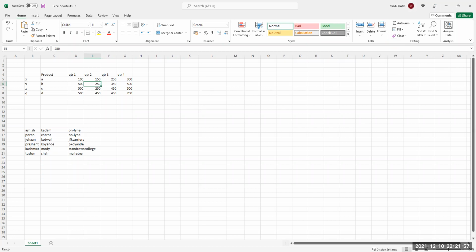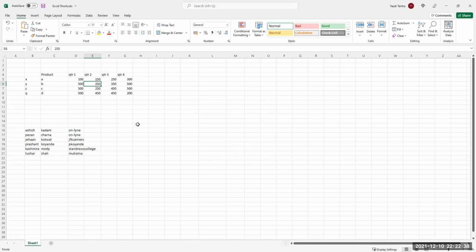So insert is plus now. So I just say Control plus. Then it gives me all the options. Insert entire row, entire column. Control plus. Very simple. Column, row, everything is there. You just say Control plus, and it gives you that. Either you insert an entire row, entire column, all the options are there. Shift cells right, shift cells down, etc.